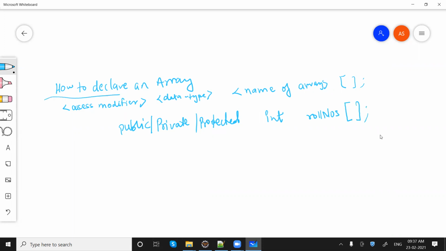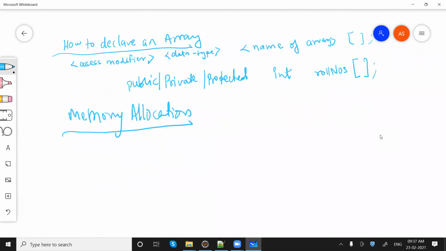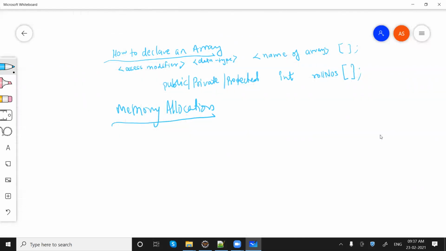Now the second thing is memory allocation. How will we allocate memory? For an object, what do we need? For example, we have seen constructors in our previous class. Whenever we want to work with an object, first we need to create that object. As arrays are objects, we need to create them first. So the syntax would be like this: